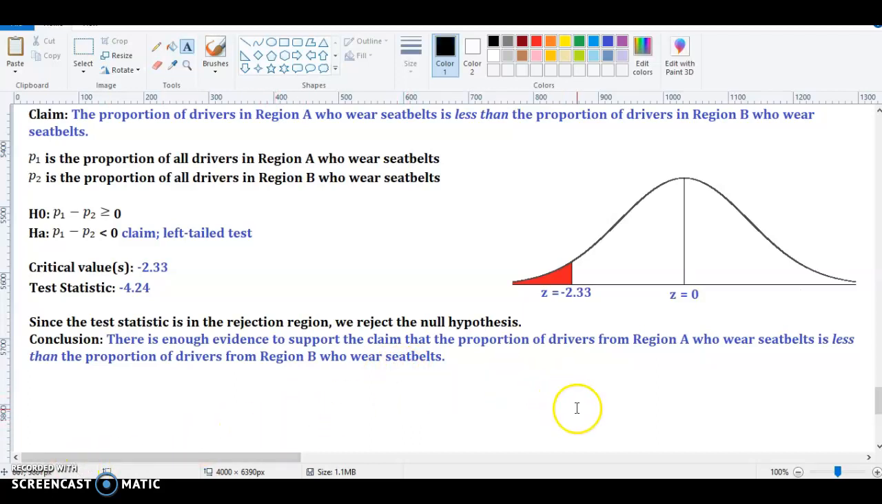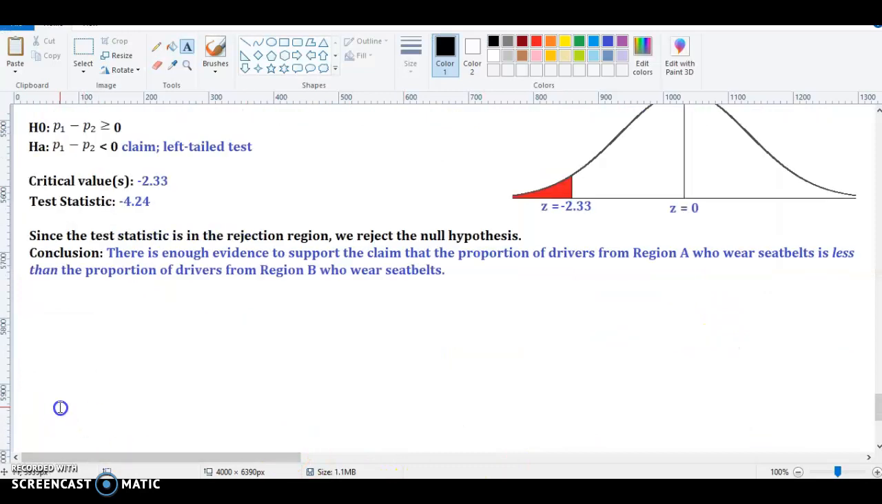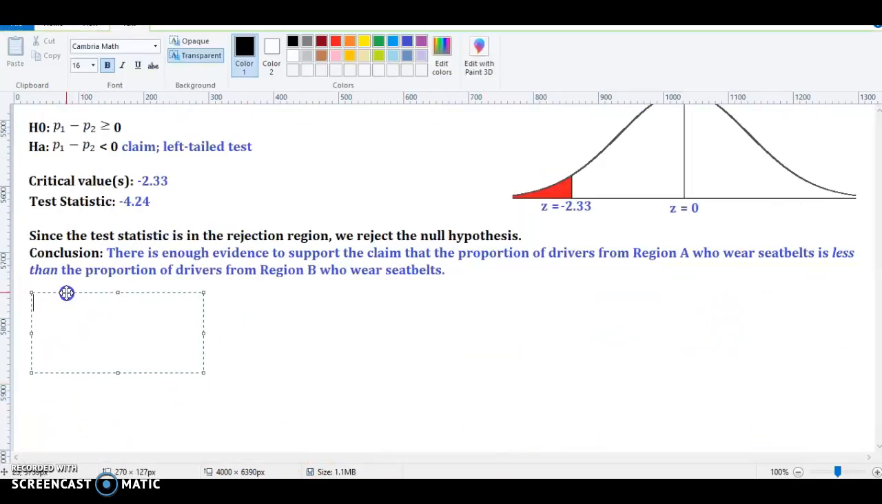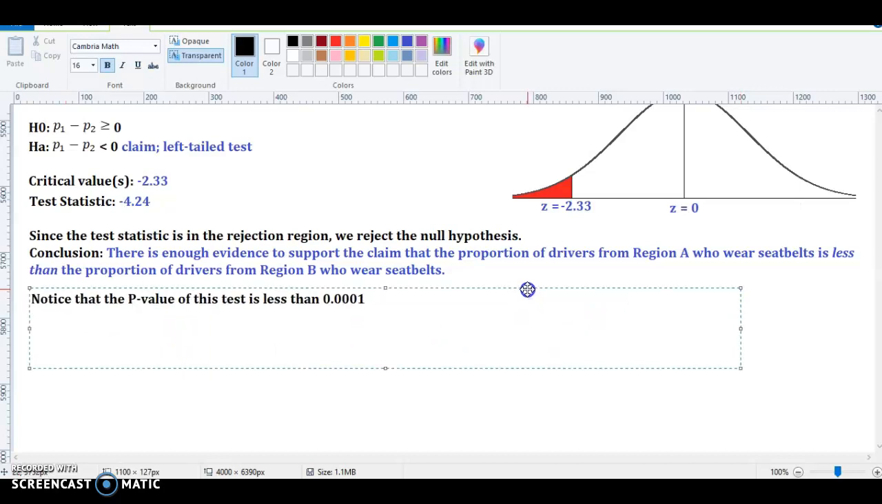One more thing before I end the video. If you look at the p-value of the test, notice that it says it's less than 0.0001. That's what it says in StatCrunch. If you encounter a problem in the homework where it asks you for the p-value, and all it says in StatCrunch is that the p-value is less than